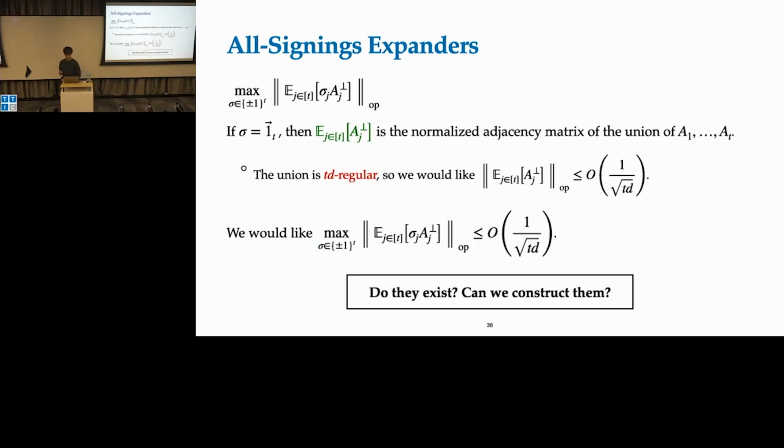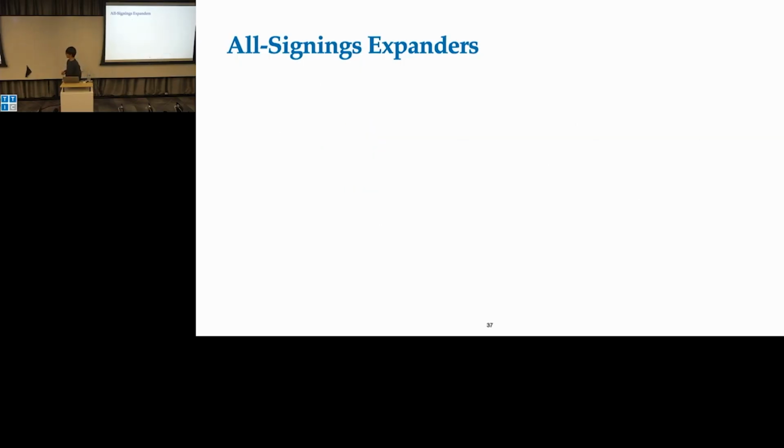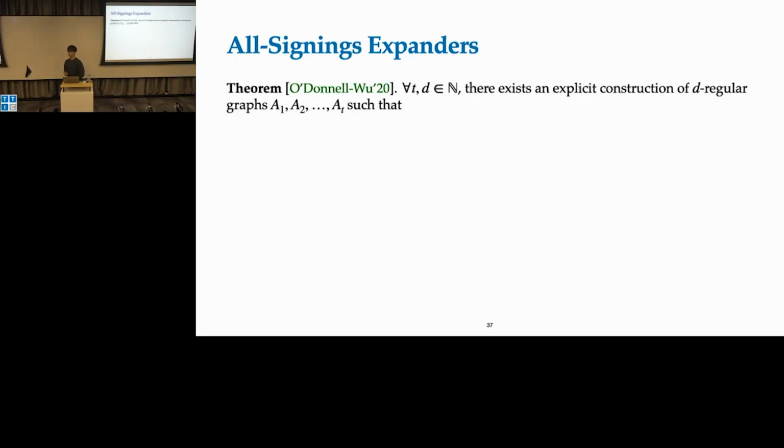Of course, the question is, do they even exist? And also, how do we construct them? Fortunately for us, this is already done before. We're just going to cite some existing results. This is a result by O'Donnell and Wu in 2020. They showed that for all t and d, there exists an explicit construction of d-regular graphs A1 to AT,